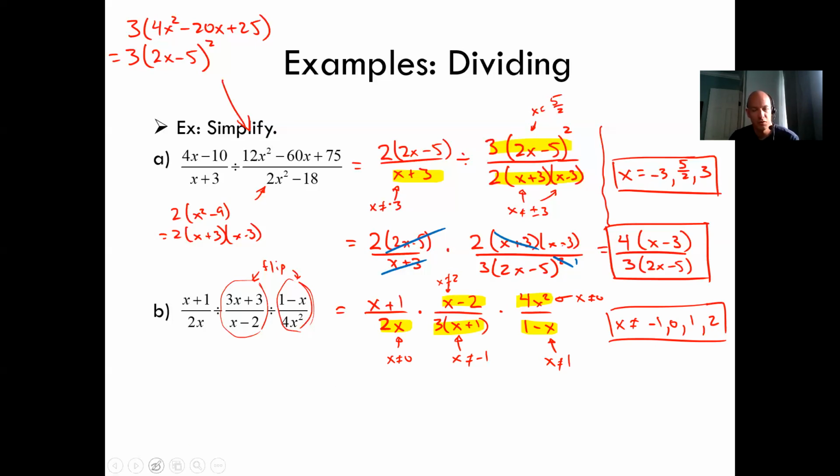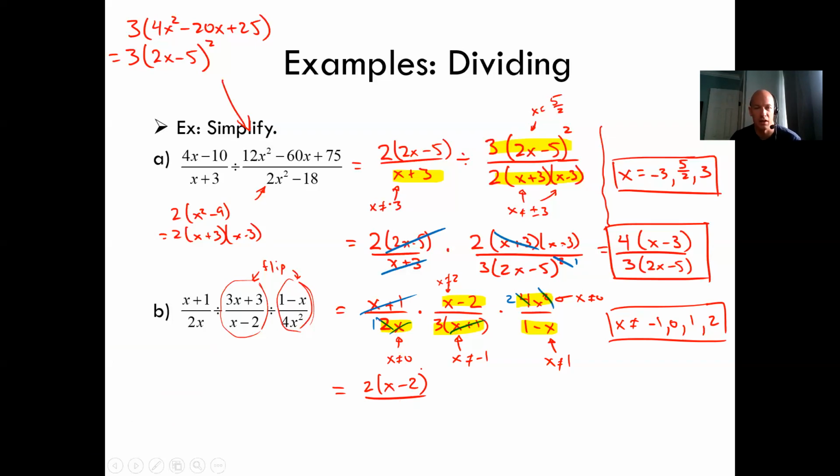Okay, now we also do some crossy cross. So I'm going to cross things out. x plus 1 and x plus 1 are gone. This x here and one of these x's are gone. The 2 here and the 4 here can cancel to be a 2 and a 1. We've got x minus 2 up top and 1 minus x on the bottom, but guess what? That's as far as that goes. So this simplifies down to, we've got a 2 times x minus 2. And then we've got,